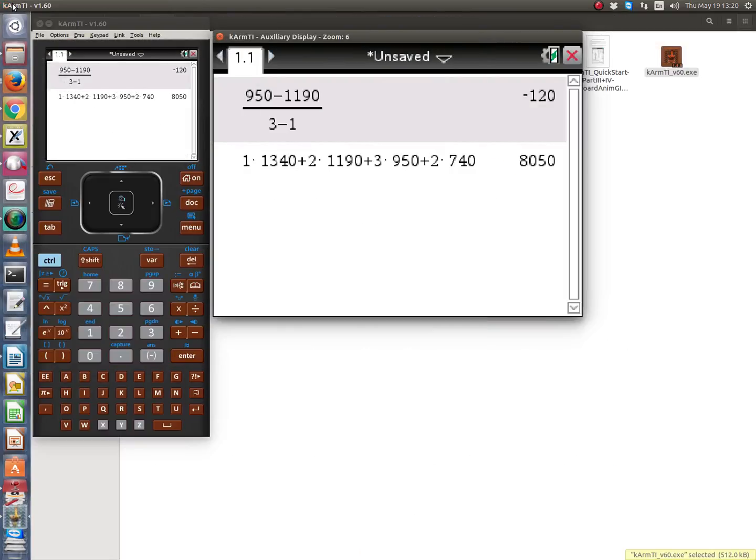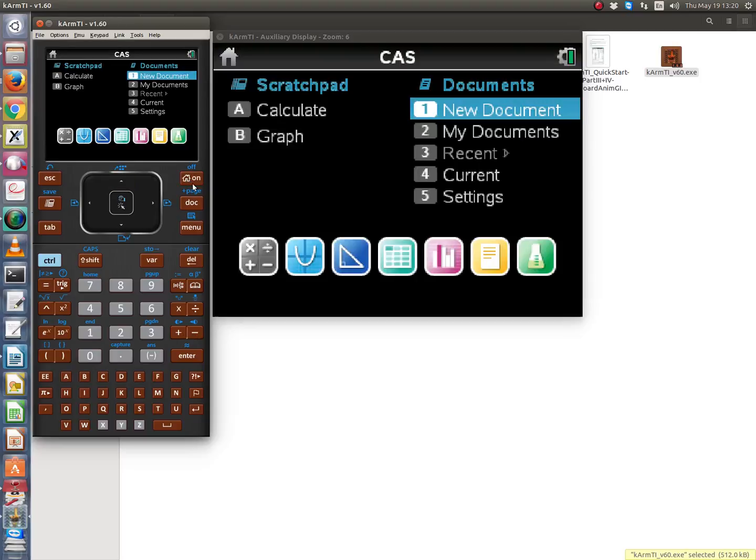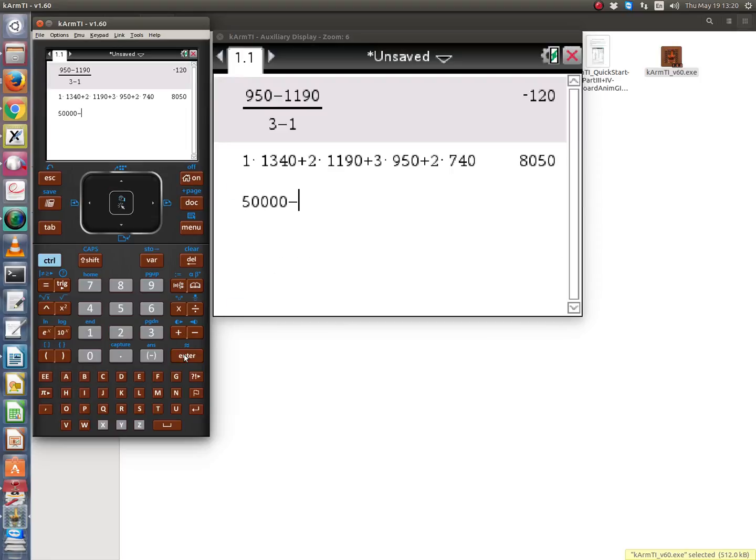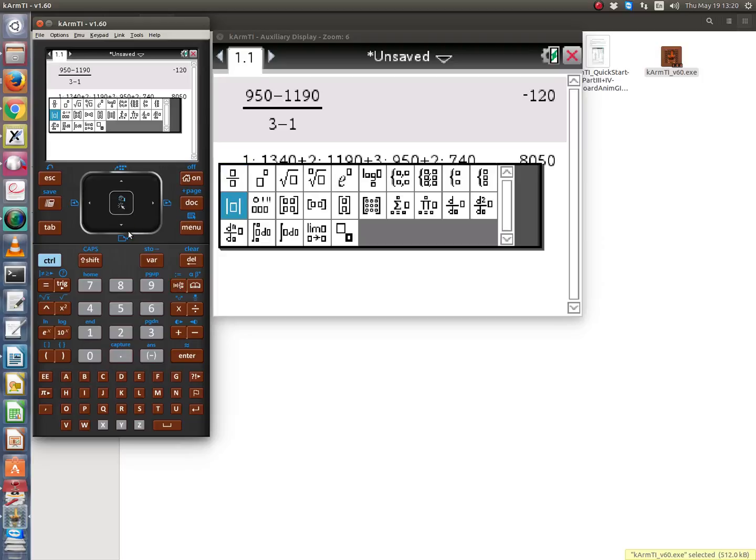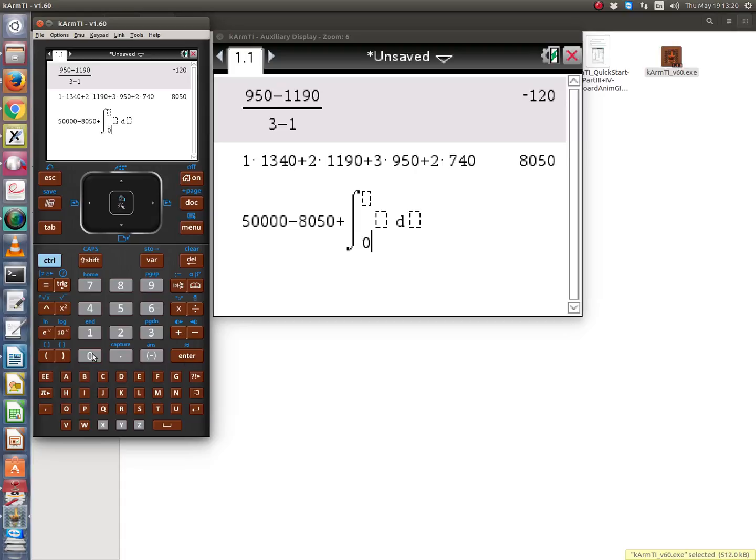Okay, so it's going to be 50,000 minus that answer. Whoops, sorry, my thing got stuck here. Minus that answer plus the integral. Let's see, how about a definite integral like this one, from 0 to 8